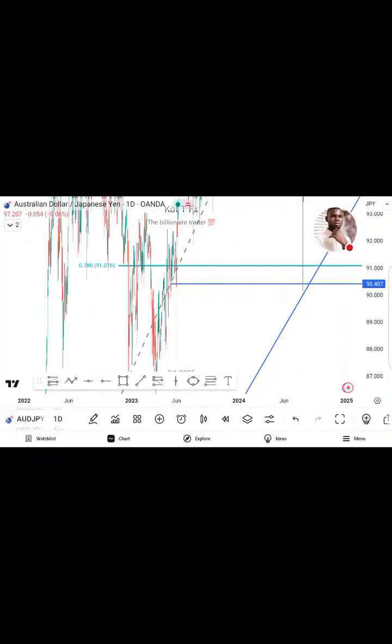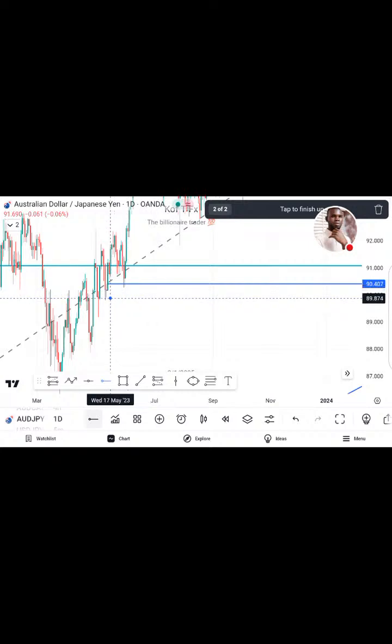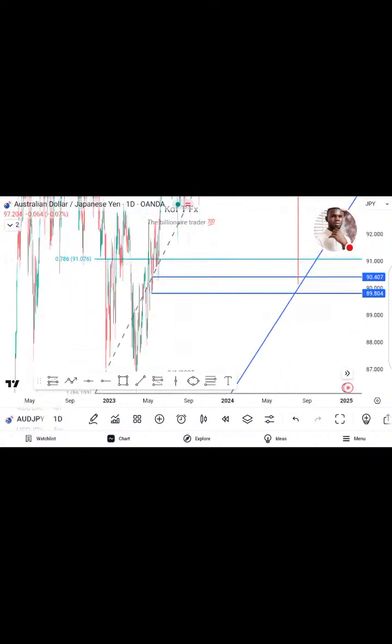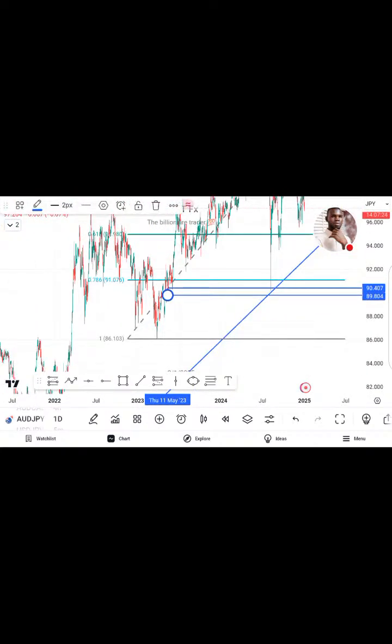Can you see? And price now invalidates that demand zone. Yes. So for price to respect that demand zone around that area, then